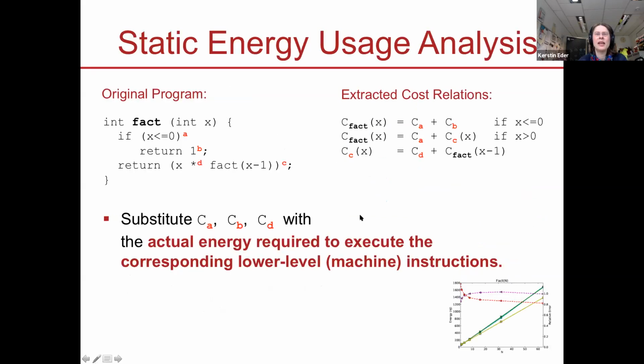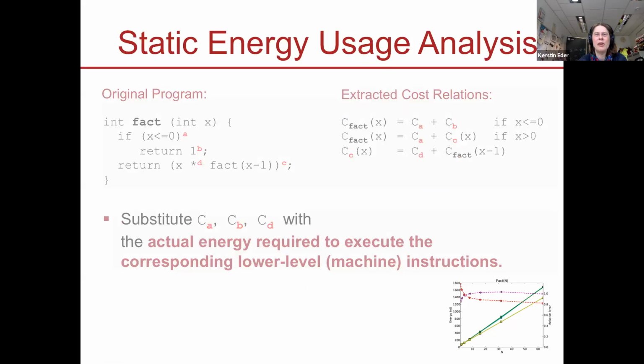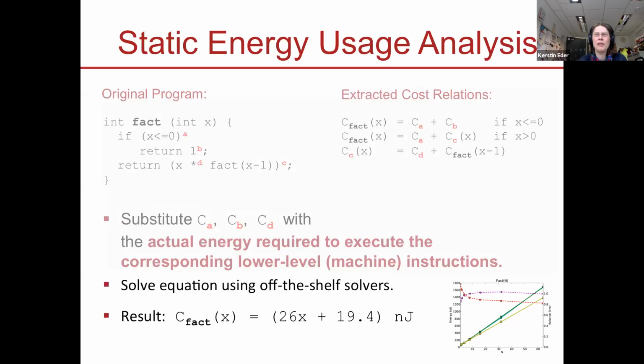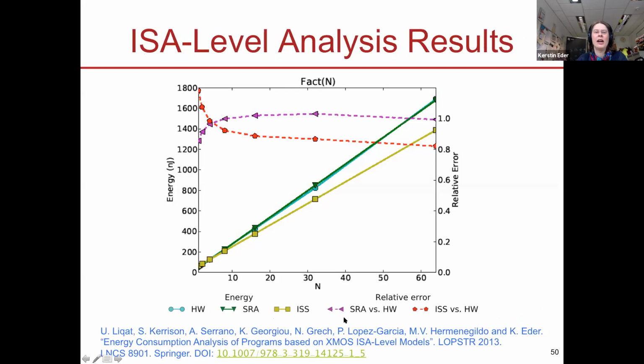So let's have a look at this again. We've already familiarized ourselves with this. The point where we are now at is solving the equations, because we know all the costs. We substitute these costs in. We solve all the equations using off-the-shelf solvers, and we get a result for factorial, right? So a call to factorial, given x as the parameter, is 26 times x plus 19.4 nanojoule. That gives us this little function over here, and that's interesting to look at in terms of a